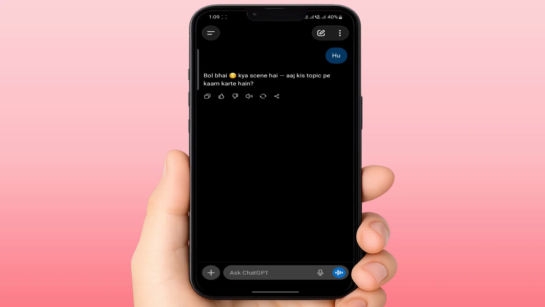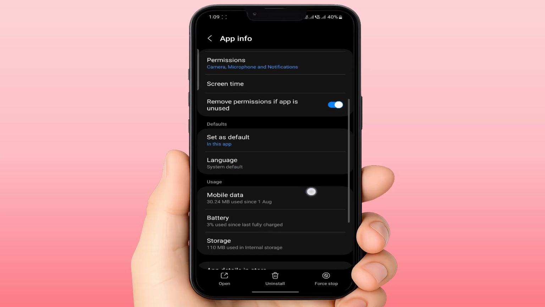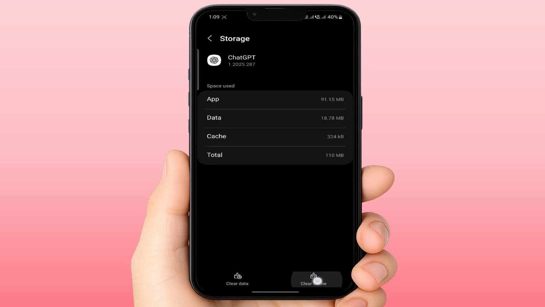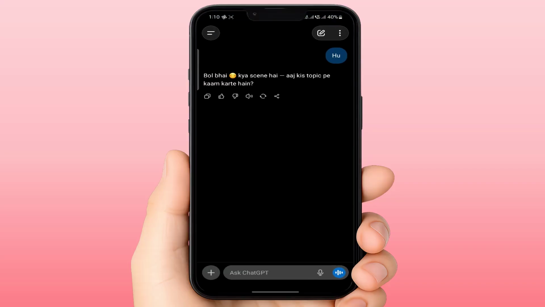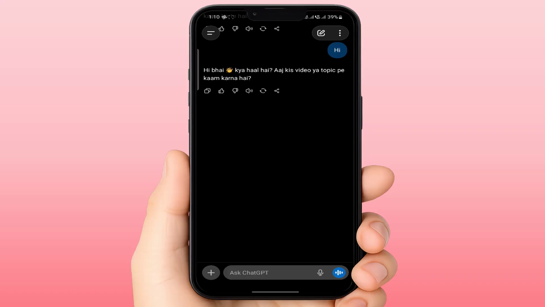In case the ChatGPT is not working, at that time you need to reset your app. To do this guys, you need to tap and hold on your ChatGPT app, go to app info like this, go to storage, clear the cache, and then clear the data of this app. After clearing the data, it will delete all your data and log out your account from the ChatGPT. Okay, and then restart your phone one time. After restarting, open the ChatGPT and then browse the ChatGPT. Now it will definitely fix the problem error on your app.